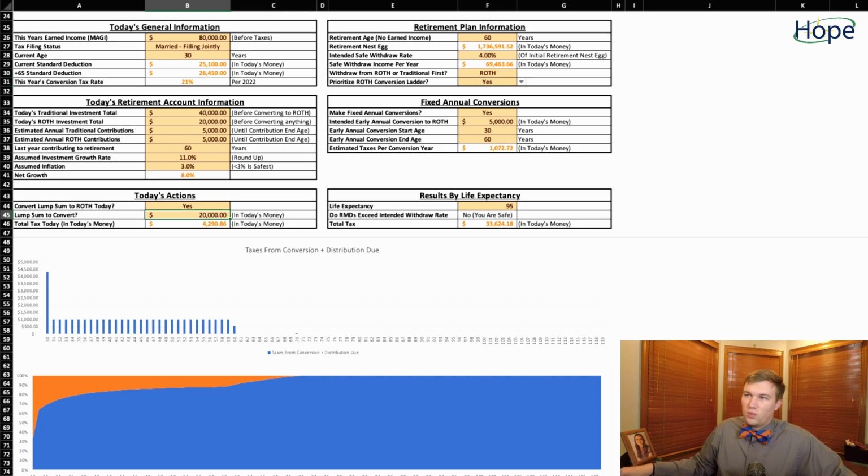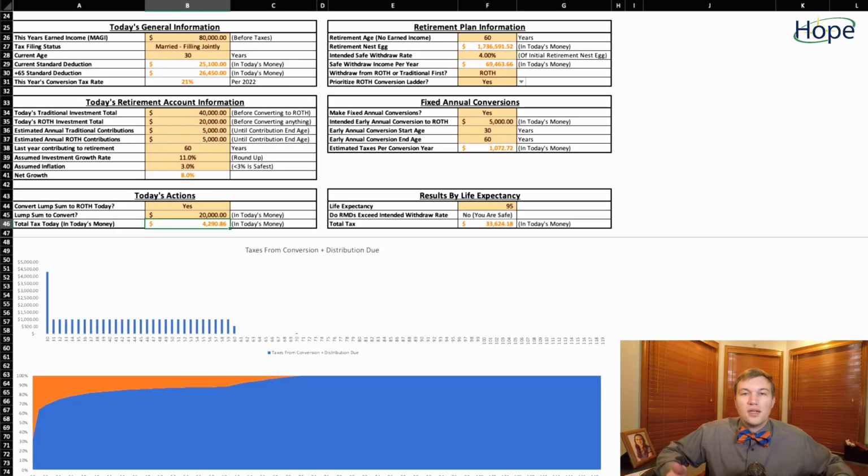I don't know if $20,000 is the smallest they can do, so I'm going to try $15,000. $15,000 ended up in a little bit more taxes. $20,000 might actually be the sweet spot. I think I might have nailed it. $33,000 in overall tax exposure for their retirement strategy seems to be about as low as I can get it on the spreadsheet in short order. But this goes to show that by taking some intentional and educated approaches to our retirement plan, we can reduce our taxes, in this example, by over $200,000.